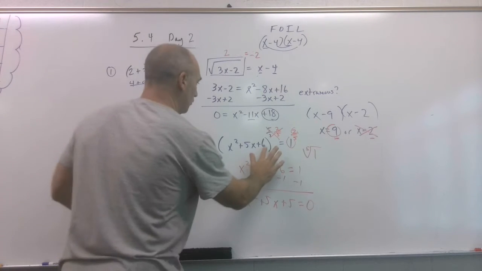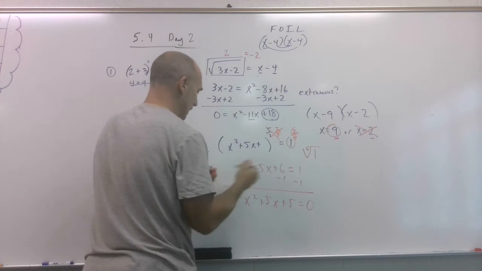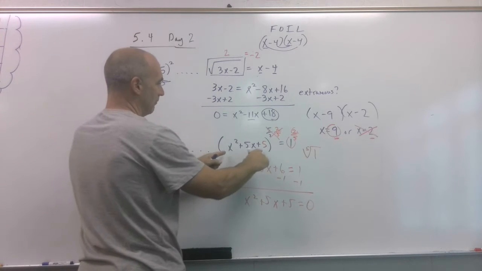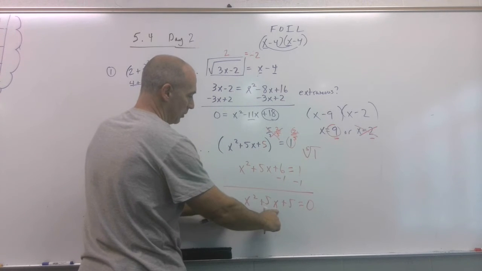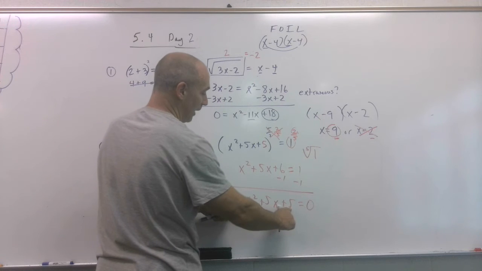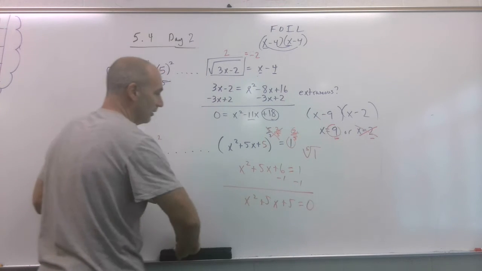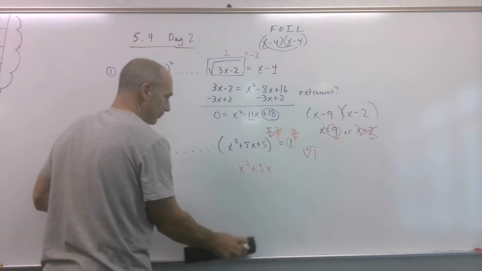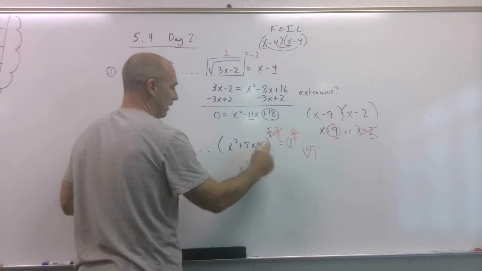Thought something was fishy. This was supposed to be a 5. And I was wondering, because lately they haven't been forcing us to use the quadratic formula. There are no two factors of 5 that add up to 5. So I figured something was a little off. So let's fix this. Just x squared plus 5x plus 5